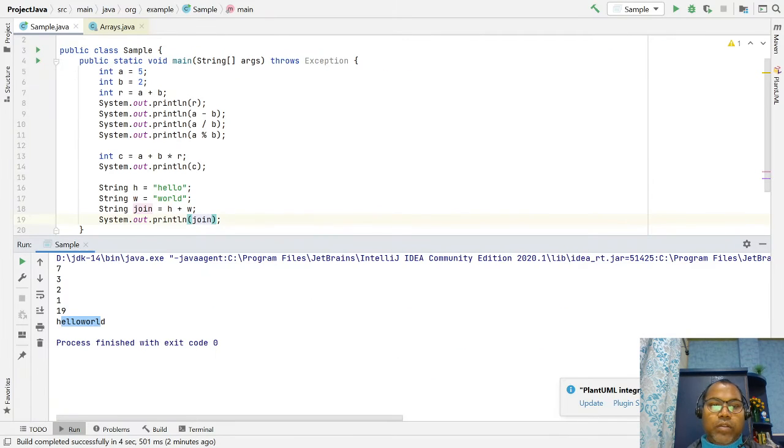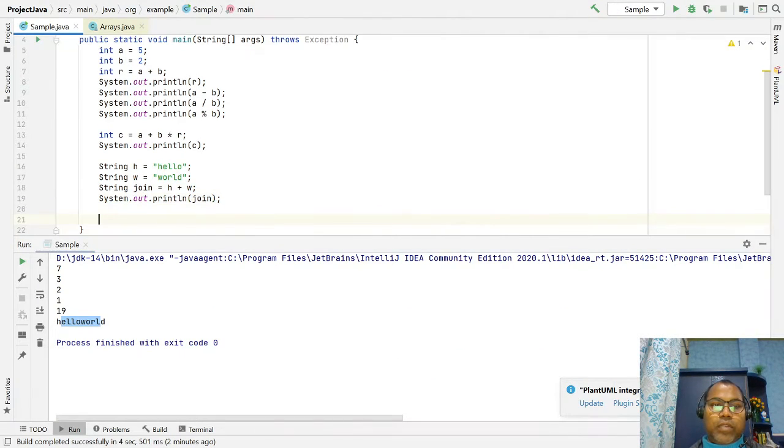Let's say I have an integer variable p equal to 10.